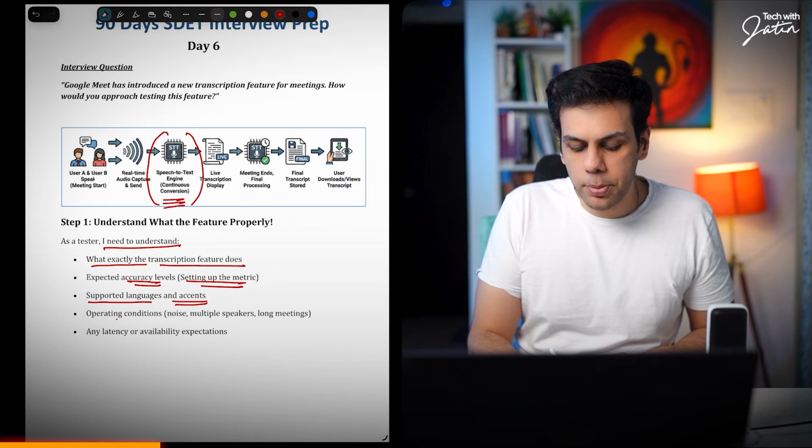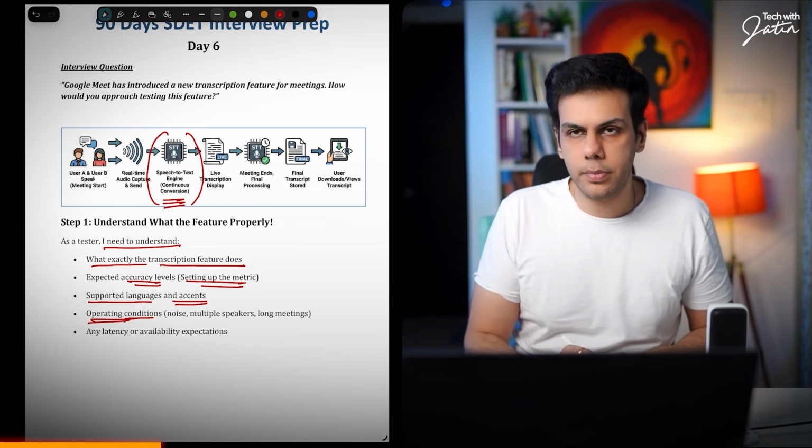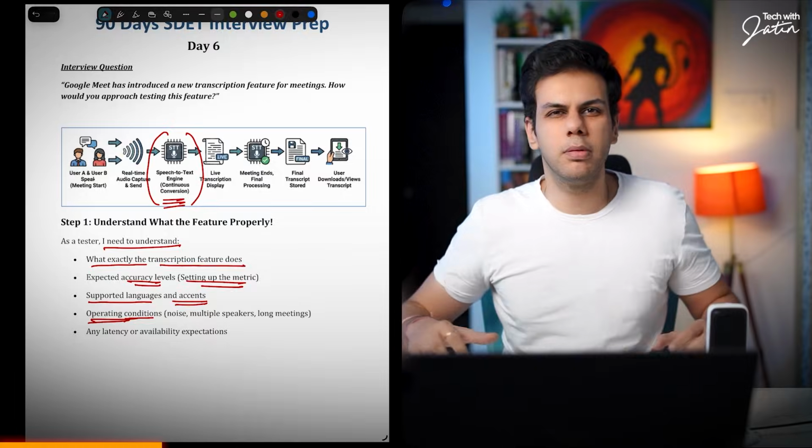And next is going to be the operating condition. What do you mean by operating condition? Right now, when I'm talking to you, I am in this closed environment. There's no background noise. But imagine you and I were in a Google Meet or in a Zoom meeting, and probably I was taking this meeting from a cafe or while driving the car or something like that.